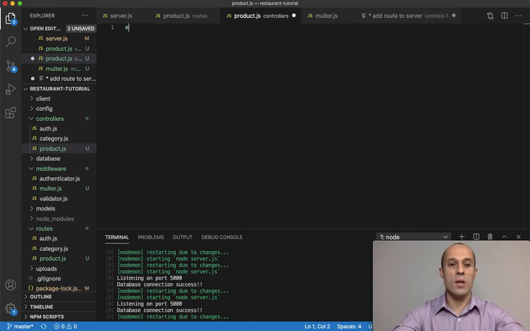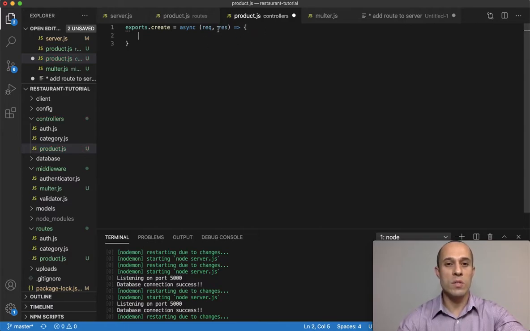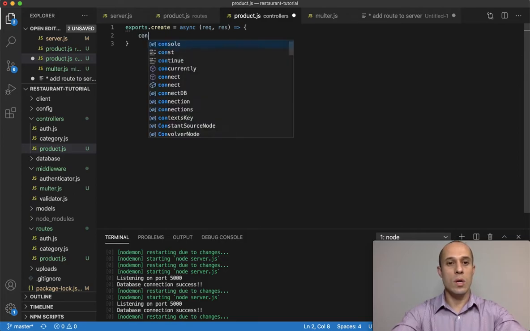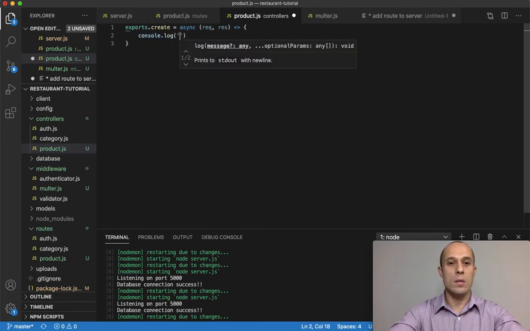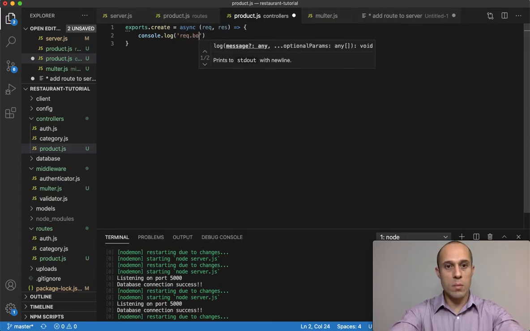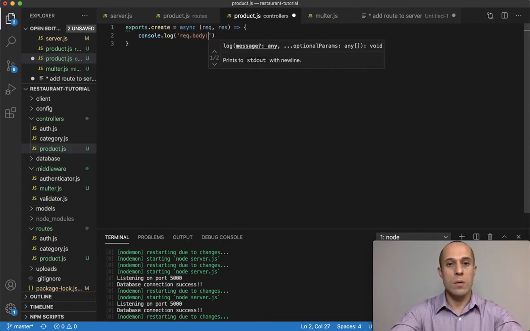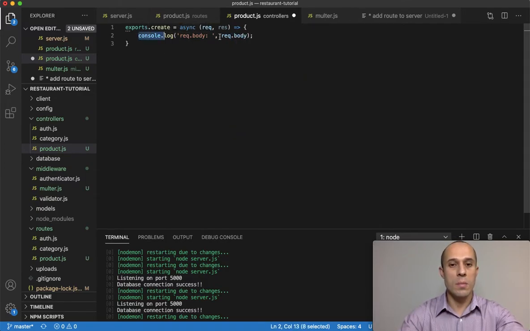Inside product.js, we're going to do export create and then async with the request and response, because this is the controller. It will have the request and response. And I want to console log request body. Let's see. I'm going to do request body, and then I'm going to copy this here